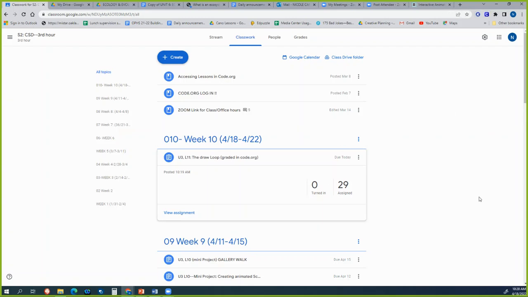Waiting for the countdown. All right, here we go. So we are going to be looking at something called a draw loop. So hopefully at this time, everybody has been caught up to Unit 3, Lesson 10, which was the mini project,